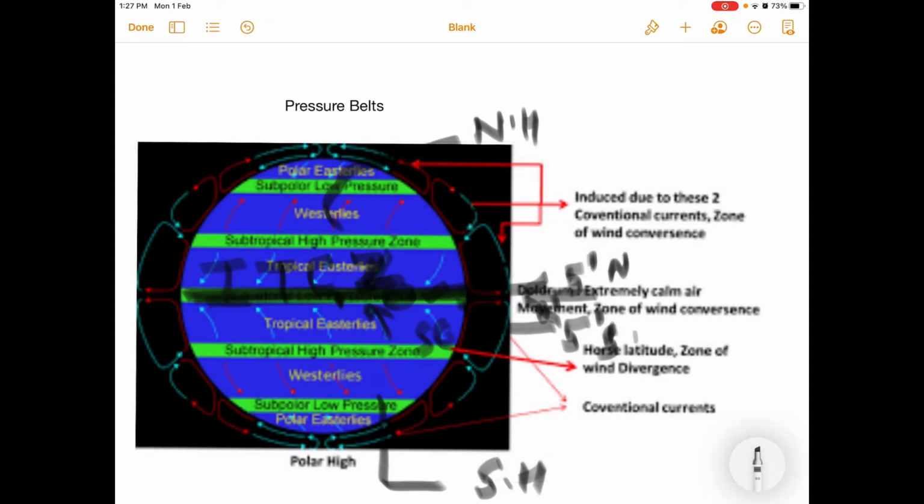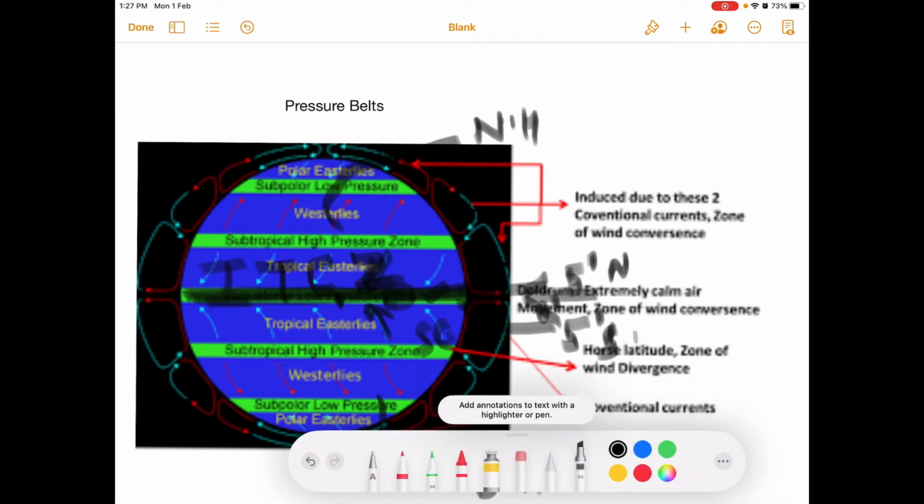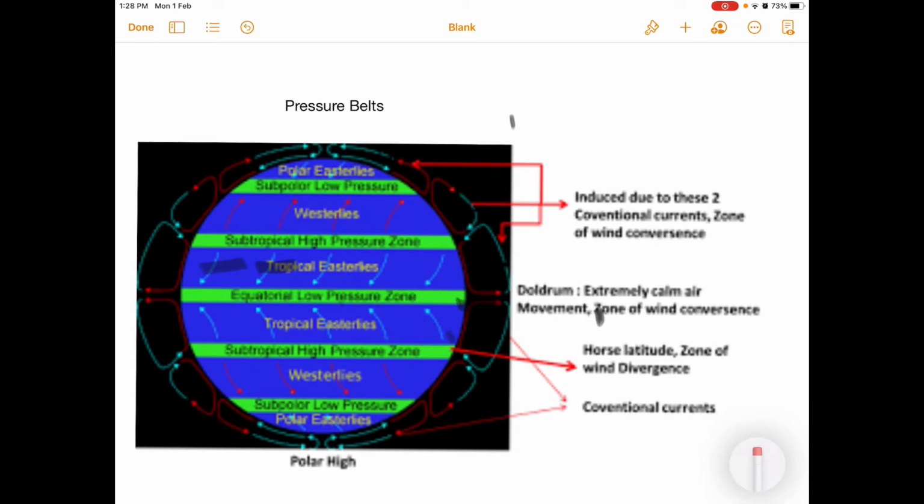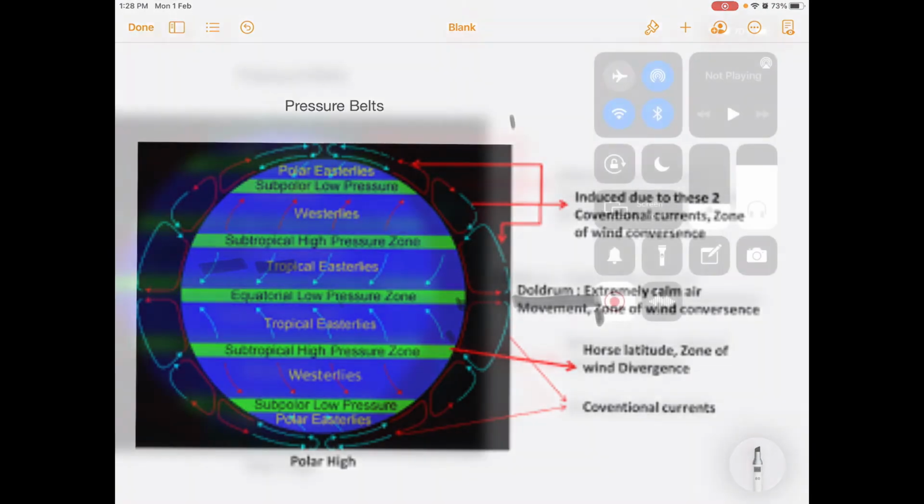That means the meeting of the northeast trade winds and the southeast trade winds. Due to this, what happened? Due to this convergence, the horizontal movements of winds are absent in this area, and due to this calm conditions are created, and that is why the equatorial regions are also known by the name doldrums, because there is absence of wind in this area. So, that is why it is also known by the name doldrum.